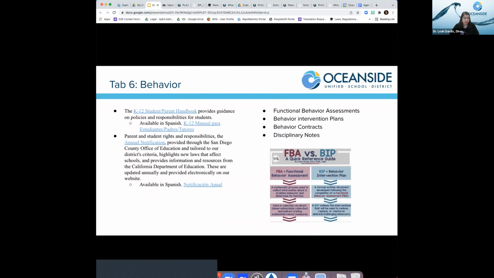So those are the general education rules that everyone is under here in our district about behavior. And that's a good resource for you to have so that you can quickly flip back to it to understand that. However, as we think about special education and our students with disabilities,